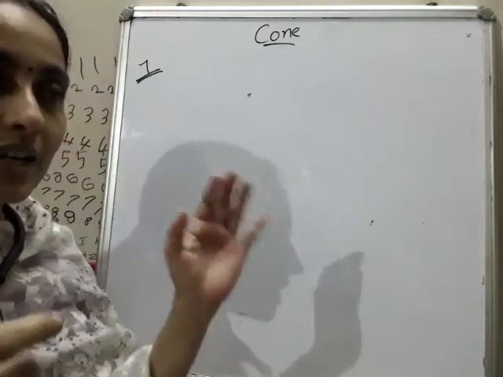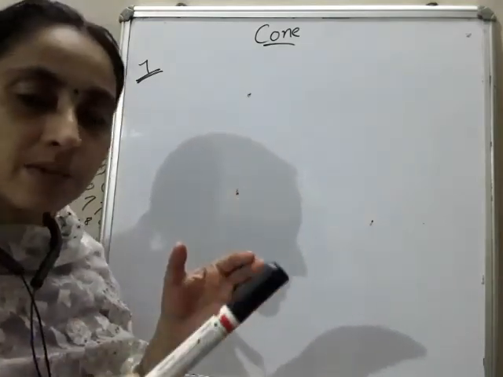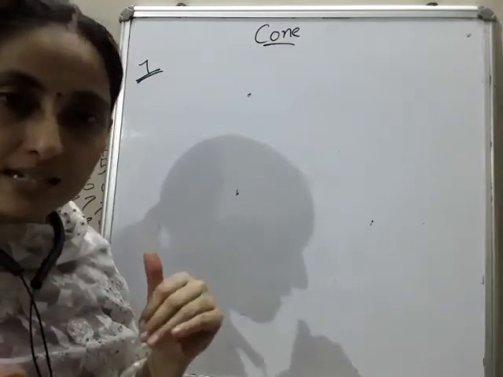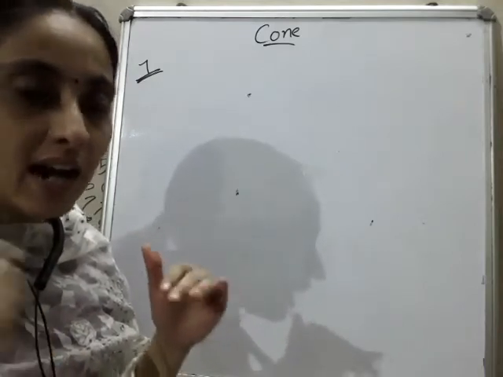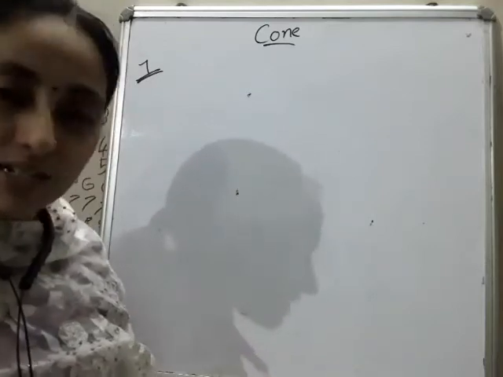Abstract concept means what? When you are revolving around the hypotenuse, it becomes what? Double cone. The double cone means two cones are there. So you have to find the volume and all things separately. Okay. So that's why I skipped that question. Sorry for the inconvenience. That is the 7th question. You can just cancel it.